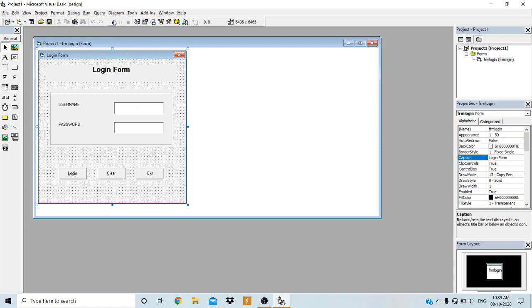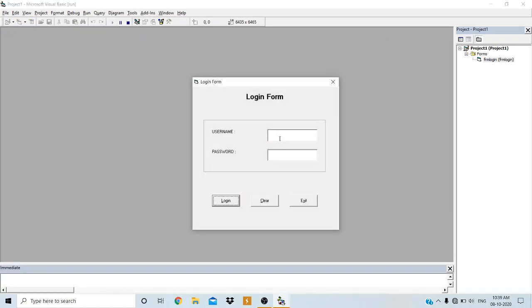So just before writing the code, I will just show you. See here, I will just type here, and if you type the password, any string, anything, A, B, C, D, E. See here, generally the password will be visible using star character, right? So how to set the characters? See, the text is appearing as it is. But we want to set the star instead of showing the actual characters.